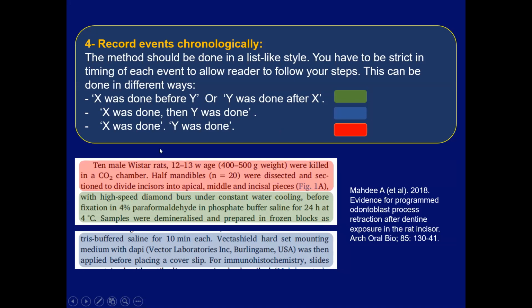This represents the last example, which I color-coded red, like X was done, dot, Y was done. The X was done here, the first sentence: the 10 male rats in the CO2 chamber. Y was done, starting from the half mandibles were dissected. So the author mentioned that in two different sentences